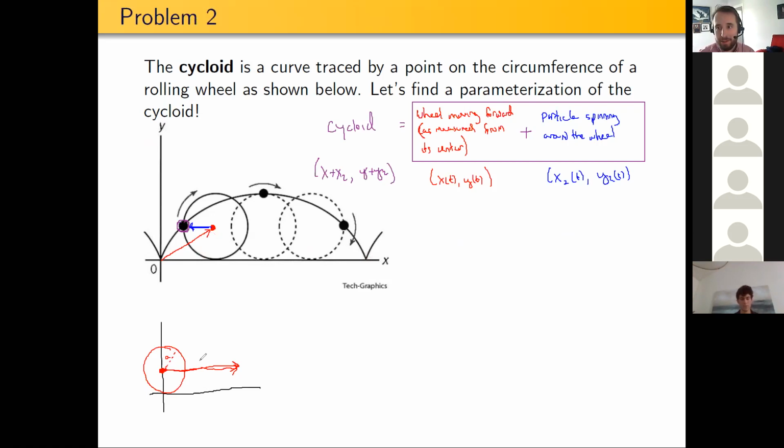It's going to be at height a, unchanging. The x coordinate is going to change in time. It's going to move forward in time. And now we have to think about the speed at which the wheel is rolling. So if we imagine that this wheel is rolling at unit speed, it moves forward 1 foot every second, or 1 unit every second,